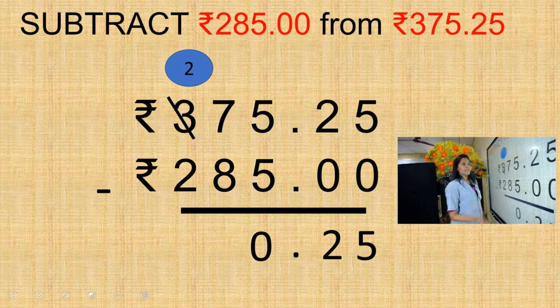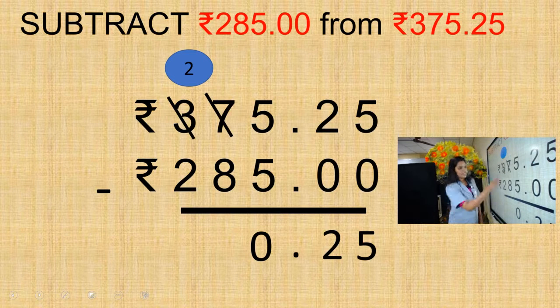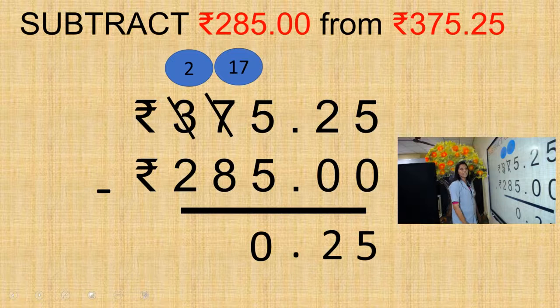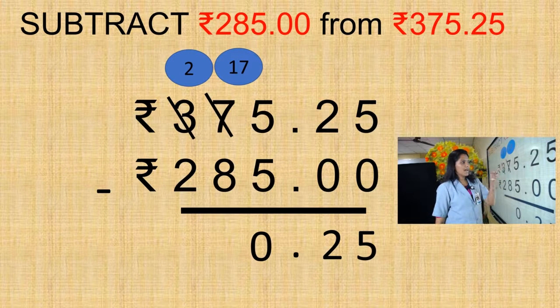Here comes 2. Now what will this 7 become then? We are giving this 1 to 7, no? So 7 becomes what? It is 17, isn't it? We can cut 7 and write 17. This is the way we borrow. Here we cannot subtract, so we have to cancel 3 and borrow 1 from 3. Then 3 becomes 2 and the 7 becomes 17. Now we can subtract 8 from 17.